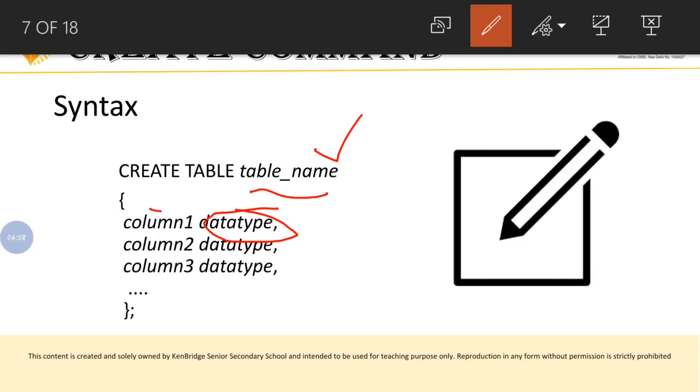So what is the meaning of column? That we have already studied in the basic terms of DBMS, right? Column in the sense of attributes, each and every attribute. For example, if it is an employee table, what attributes will be there? There will be employee ID, employee name, address, phone number, likewise. So these 4 are the attributes of the employee table, right? So for each column you have to write the name, then the data type. Likewise, you will create a table.